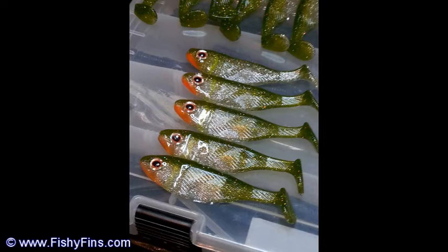And the colors, you'll see the colors on the website. They don't really do it justice. When you get it in your hands and then you actually see it in the water with the sun shining through it, the colors are just amazing. Absolutely. And you want to pick your colors based on the water condition. I like to fish lighter stuff in clean water and full sun conditions. If it's dirty, murky, or overcast, I'll use a white or a darker color to match, because of what bait fish are doing,